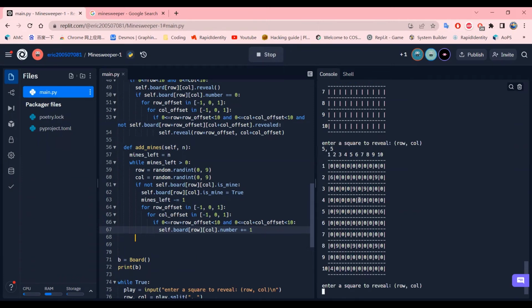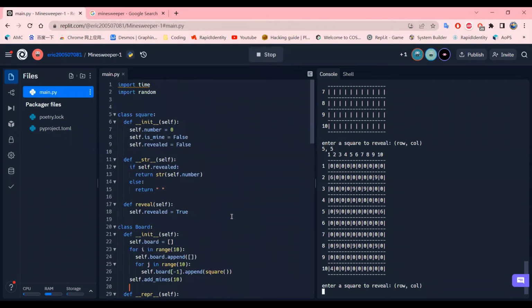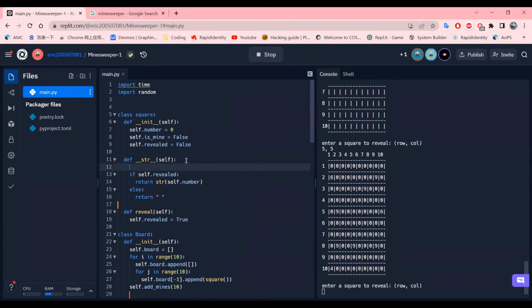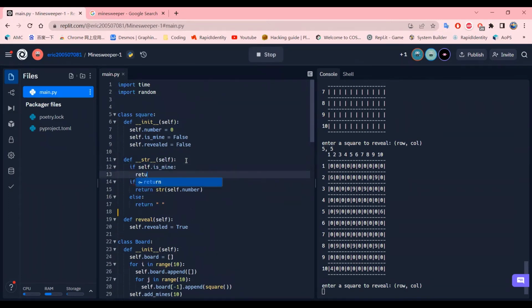No, it just instantly revealed everything. Right? So let's say that it just reveals everything regardless, except when we hit a number, we want to hide it, right? So let's say, well, if it's, well, if self.mine, well, is mine, let's make it a star. We can say else if it's revealed, then